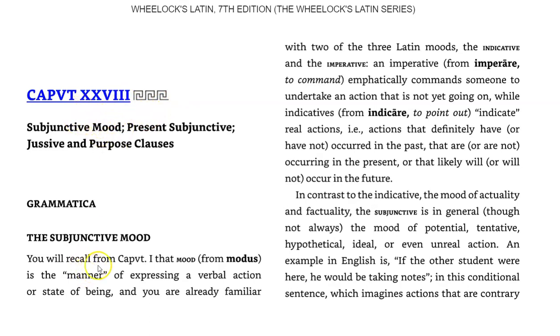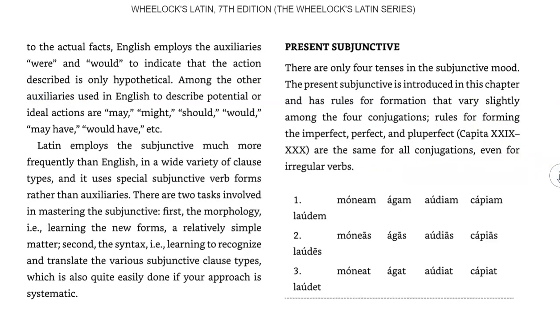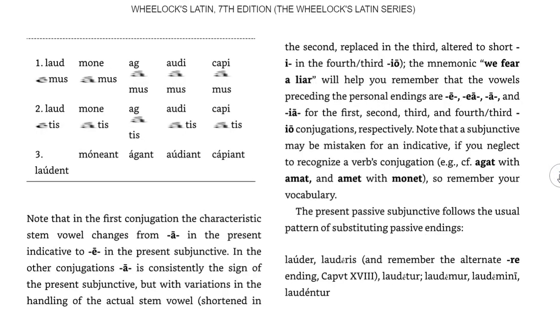With the subjunctive, we are of course talking about verbs. So here it talks about expressing a verbal action or a state of being. So please read this and study the examples before going on to the exercises. There is a, I think, helpful mnemonic device to remember the key vowel or spelling for the subjunctive. And as your book points out, it's "we fear a liar." And you will see that, even though this is a little bit blurry just based on the Kindle format,